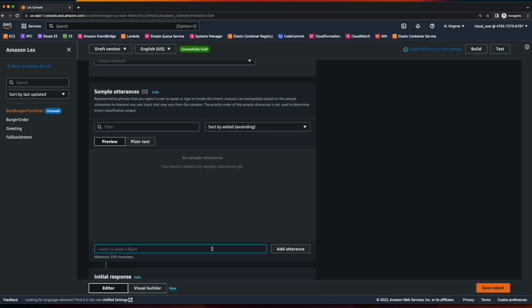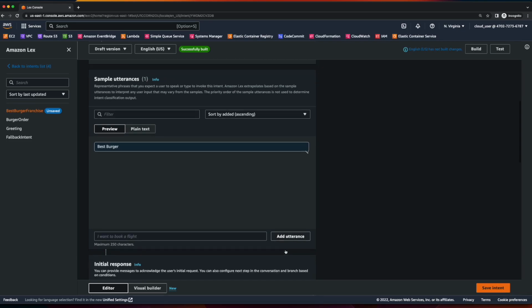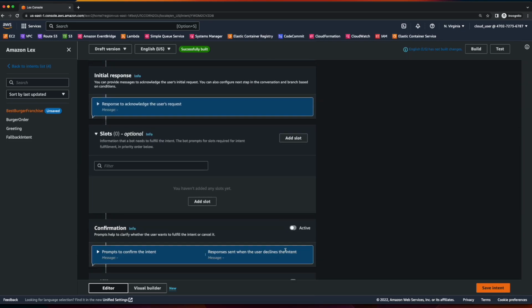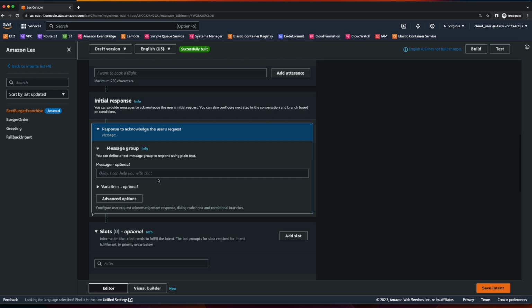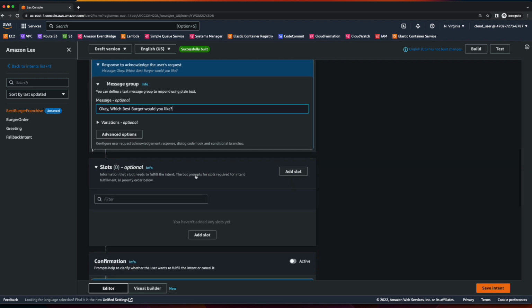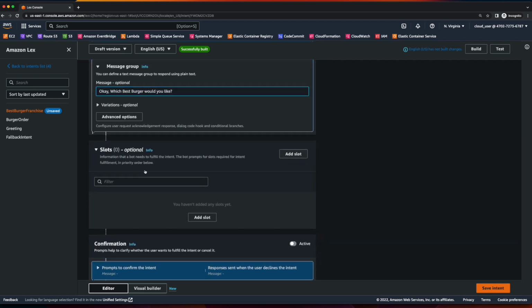So the utterance will be Best Burger. And the initial response will be, okay, which best burger would you like? Now here I need to add another slot to add the best burger types. So I'll save the intent,